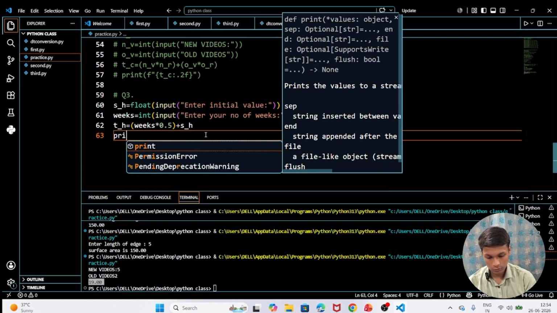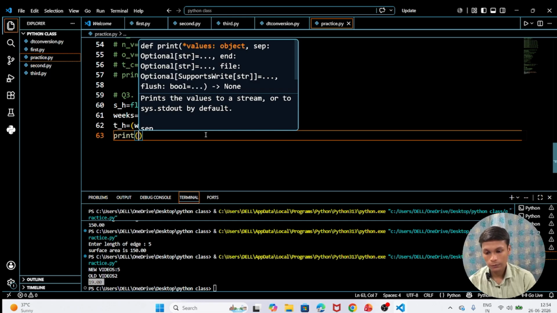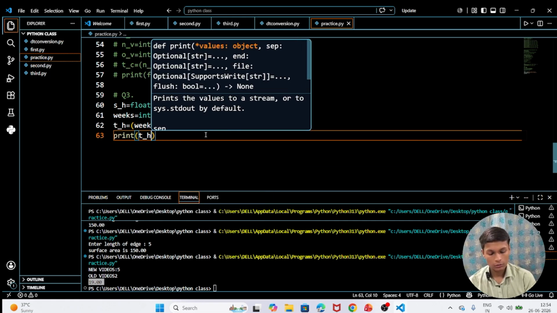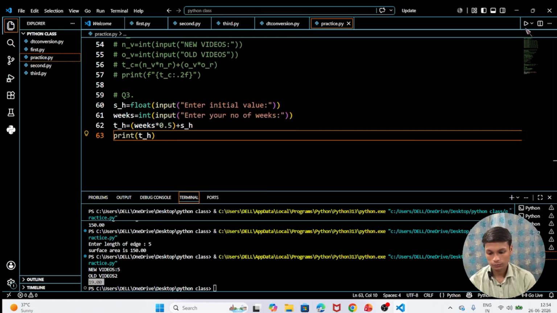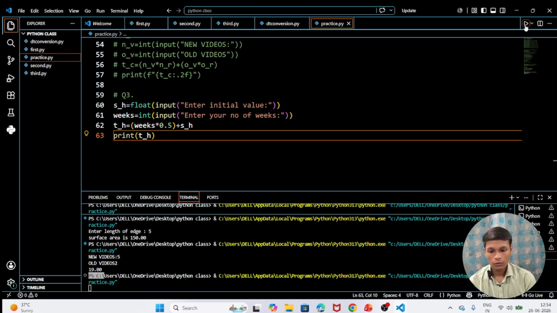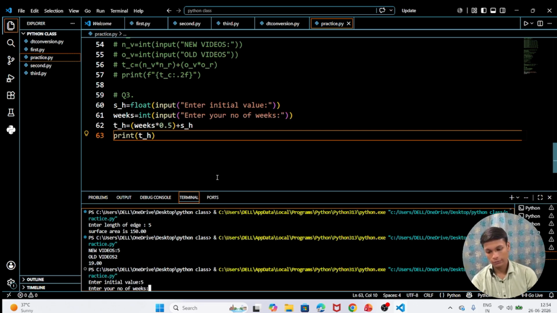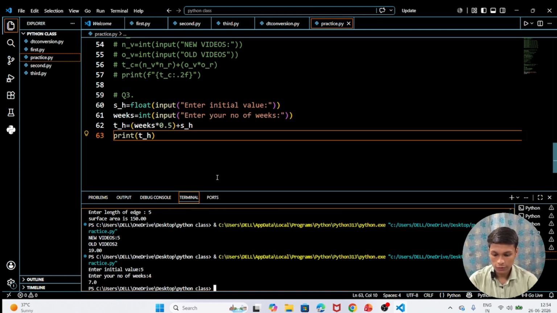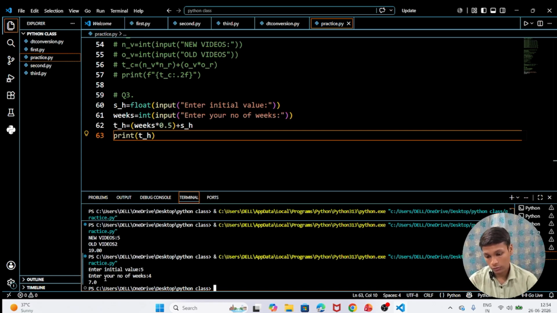Then we are going to print th. You can see that it's asking to enter the initial value. Let's take the initial value as 5, meaning the current height is 5. After that I want to see 1 month, so let's take 4 weeks. So the height is 7.5,